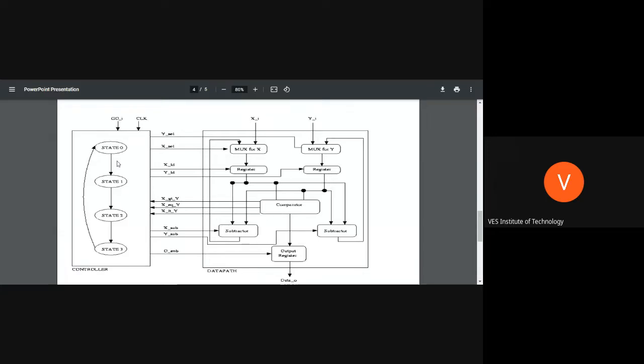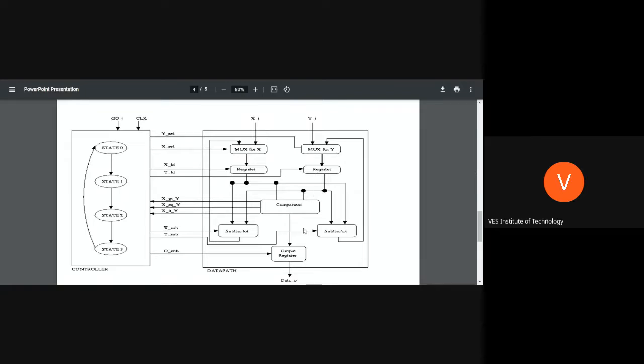How does the controller take that? The controller selects depending upon the comparator. The comparator selects whether you want to take the first input or the second input. That means the first inputs are xi, yi, which are the actual numbers we are putting, and these two will be the subtracted numbers. So first use a multiplexer. After that, there will be a register.